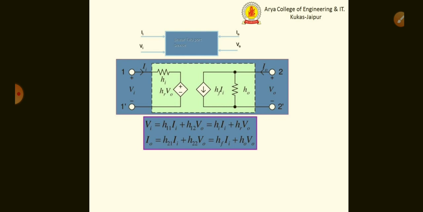Now here we can see the BJT as a two-port network. The two-port network comprises an input port and an output port labeled as 1, 1 plus and 2, 2 plus respectively. The two-port model, the AC equivalent model, is drawn on the basis of two equations, where the first equation is Vi equals H11 I1 plus H12 VO, and the output current IO equals H21 I1 plus H22 VO. Here H11, H12, H21, H22 are replaced by Hi, Hr, Hf and Ho, where all these